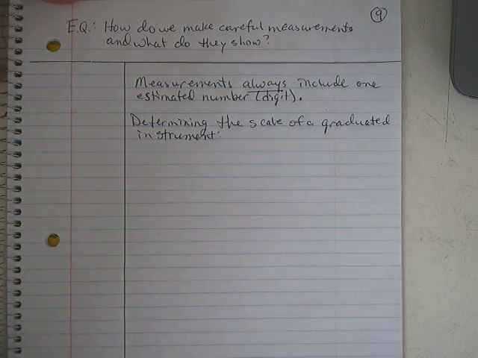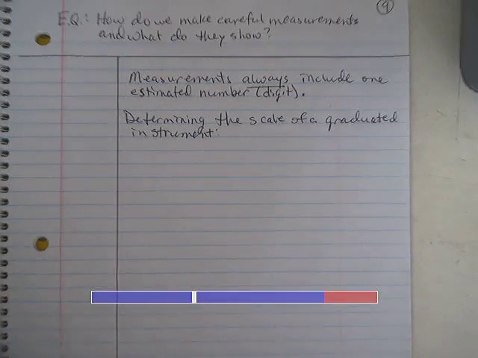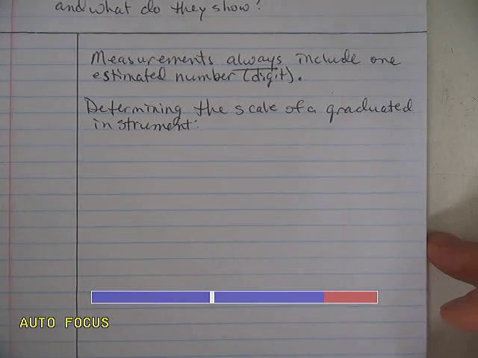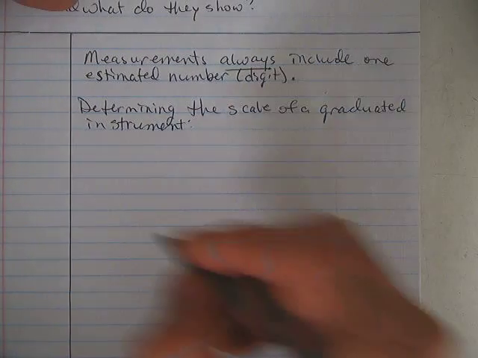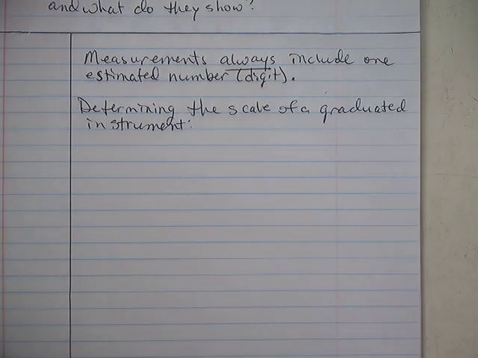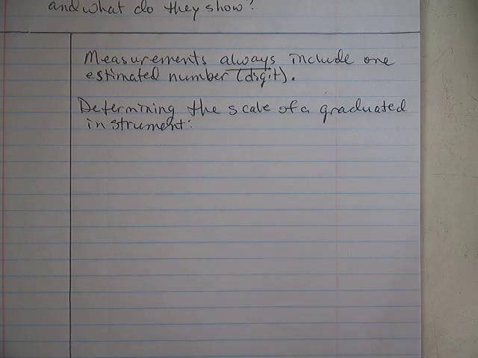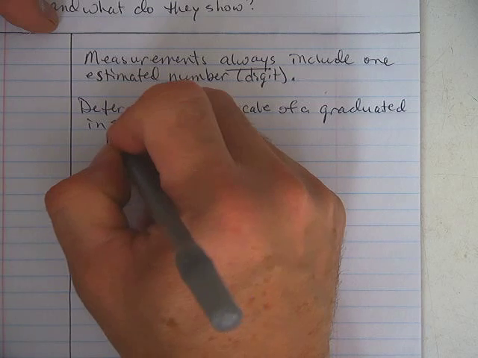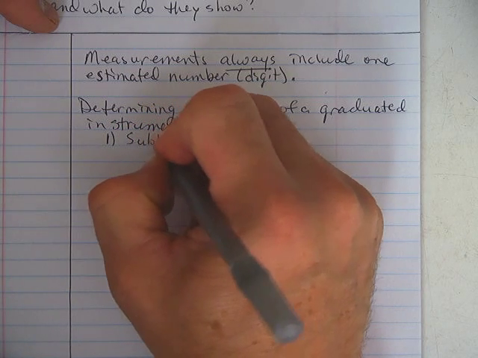A graduated instrument is anything that has lines and numbers on it that we use to make a measurement. The scale is how we count up by all of the little lines in between the numbers so we can make a proper measurement and then that last estimated decimal point. So the first thing we need to do is subtract